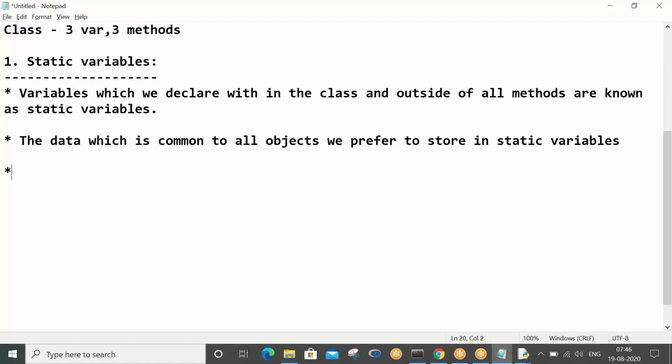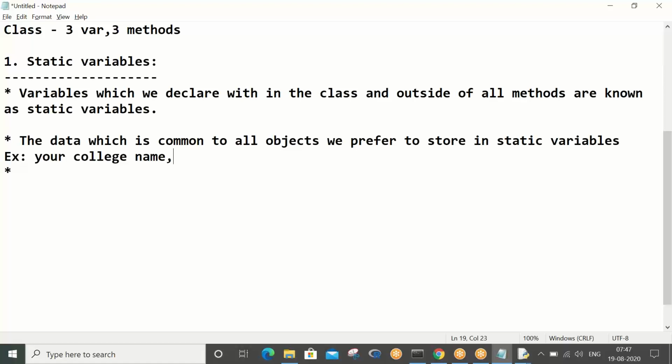An example for your understanding: your college name. Let's say your college has 2000 students. When all these 2000 students fill the form, they will write the same college name, like Stanley College of Engineering for Women, or KIET, MLRITM, BVRIT.